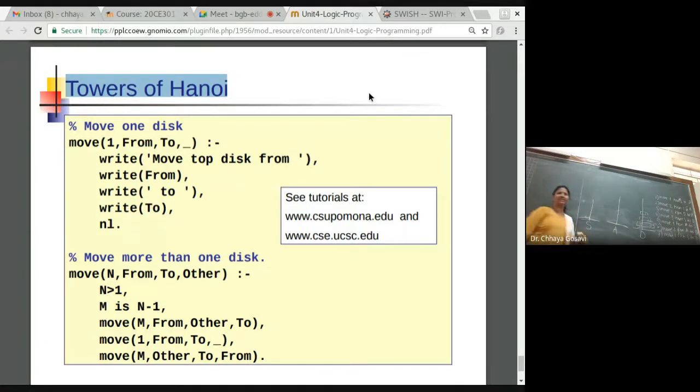If the number of disks is 4, if we have 4, 3, 2 and 1, how many steps will we do? Again we have only 3 blocks, 1 source, 1 auxiliary and 1 destination. We have to move 4 disks from source to destination.